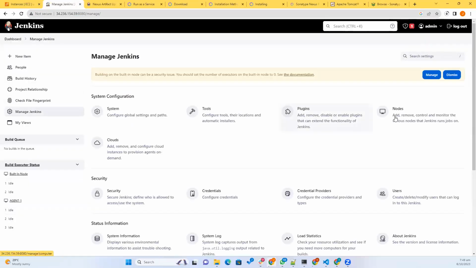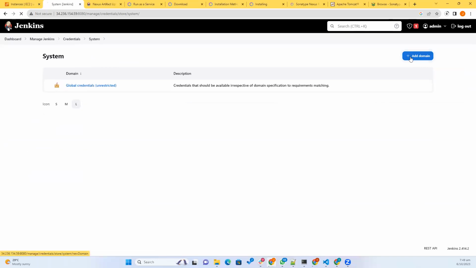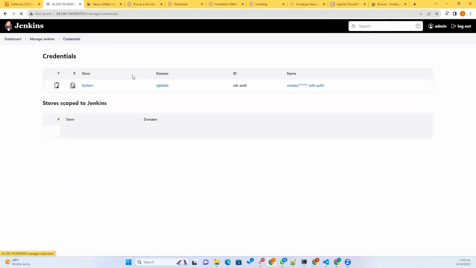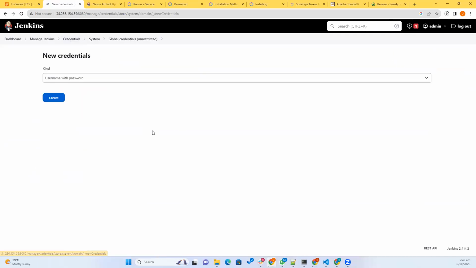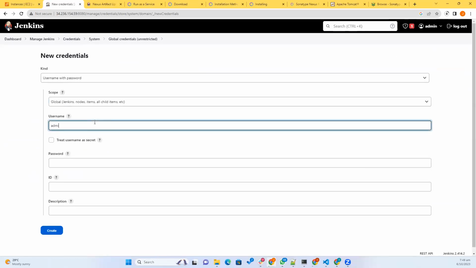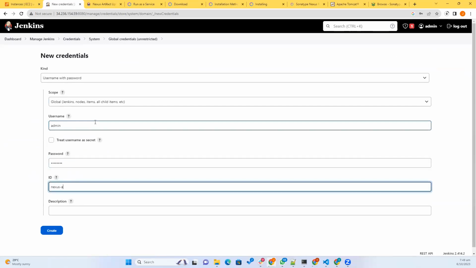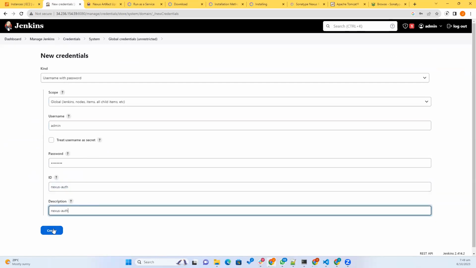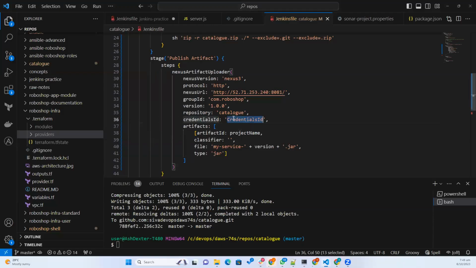Manage Jenkins, and then credentials. And here, let us not use a domain. Let us go to global credentials, add credentials, and admin 123, Nexus authentication, and ID. Okay. This is what we have to give. So this plugin, it will get these credentials, it will authenticate to the Nexus server, and it will push the artifact. Artifact ID, this catalog,